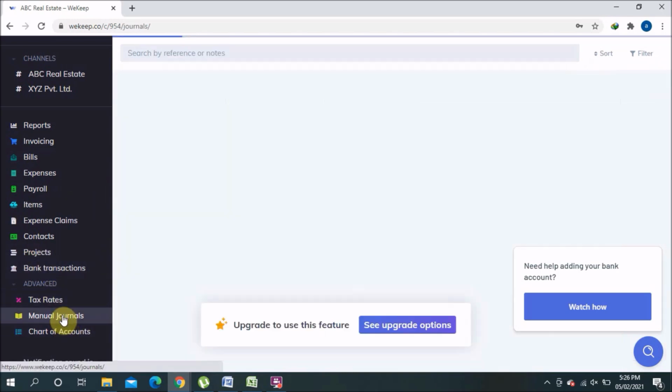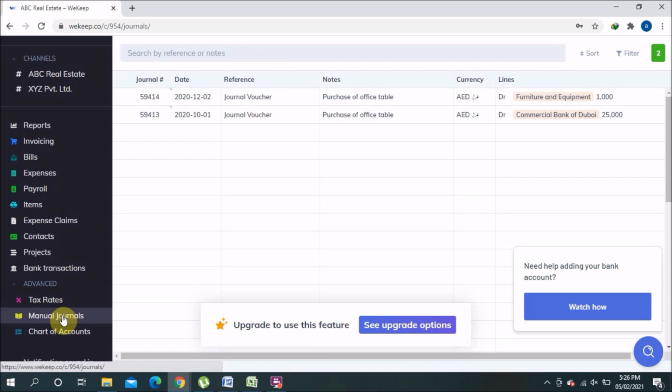Now the manual journal, that option I told you about before in the introductory video for that software. This manual journal has limited options. They give you the option for just a limited number of transactions for manual journal. If you want more, then you have to pay and go for the paid version. So right now you only have limited access for this manual journal. A few entries you can manage, and you can see that, and then accordingly you can go and purchase it.